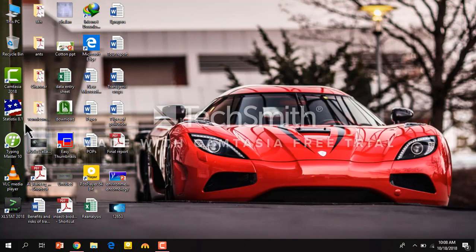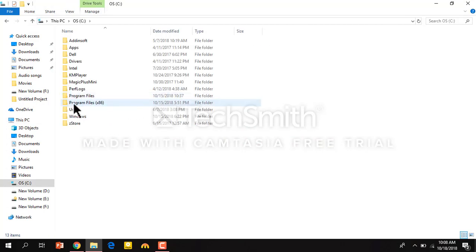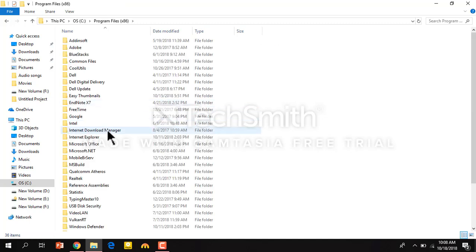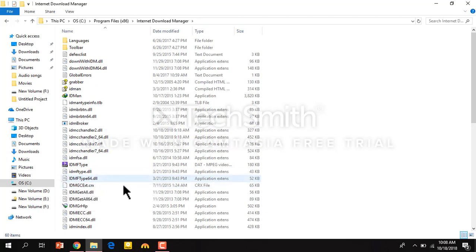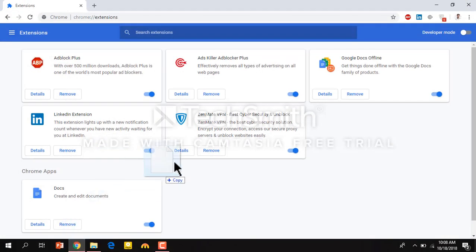Now go to the C drive on your computer, click on the Program Files x86 folder, find the Internet Download Manager folder, and find the file named IDMGCExtension.crx, which stands for Internet Download Manager Google Chrome extension.crx. Drag this file to Google Chrome